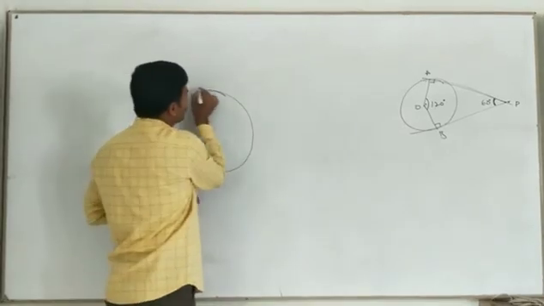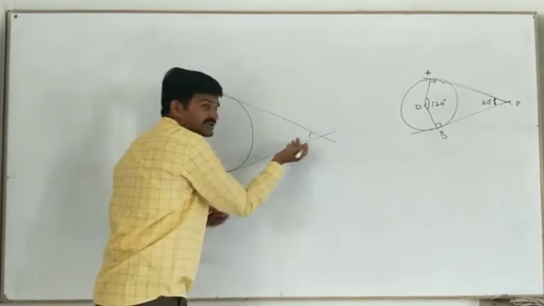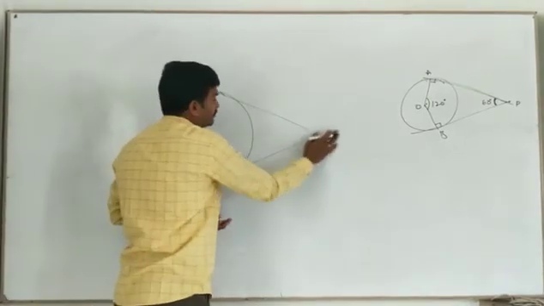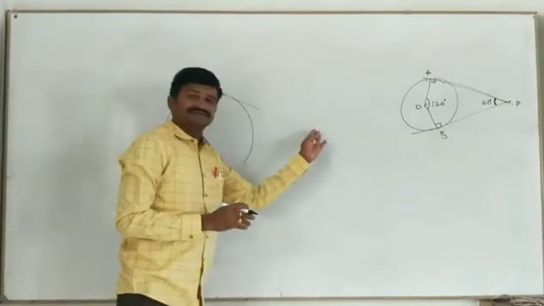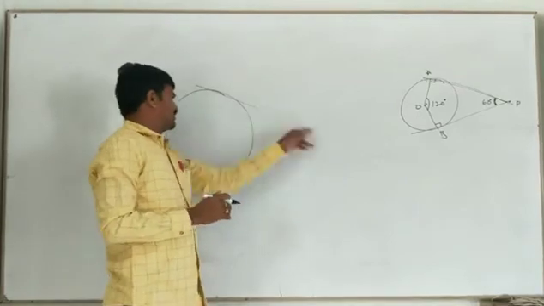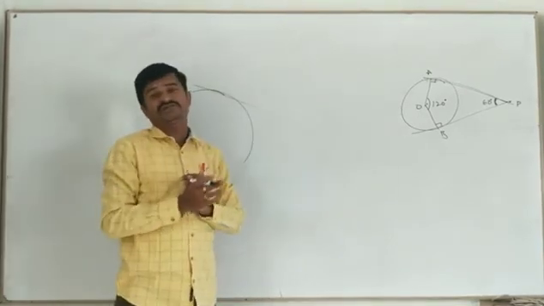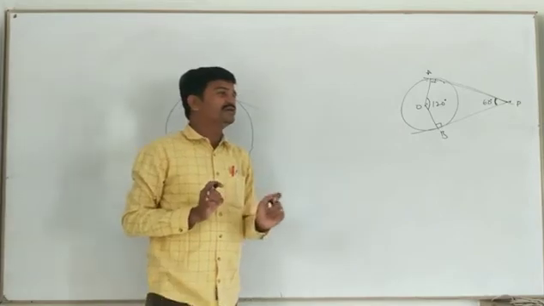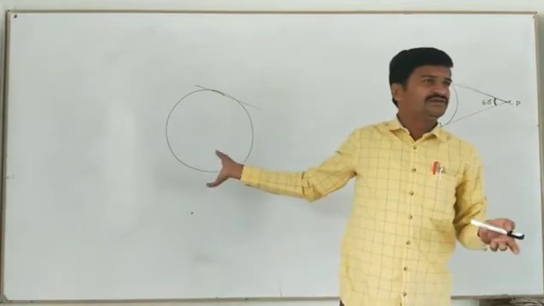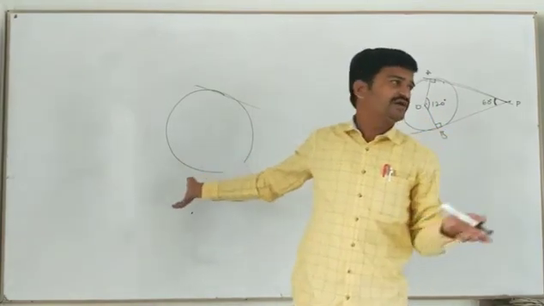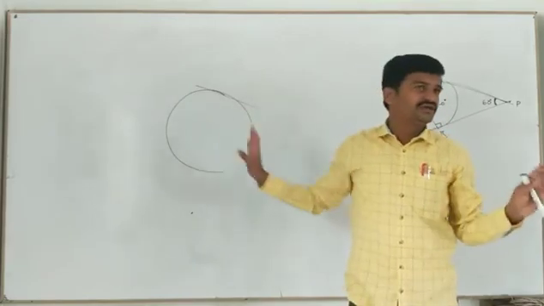So will you draw directly like this? Then how? Whether it is 60 or not, we don't know now. At least if one external point were given, we know the center and we could join and know all the things. That point's distance is also not given. Only the radius is given. It is essential. Without the radius, we can't draw the circle. That is helpful for drawing the circle only.